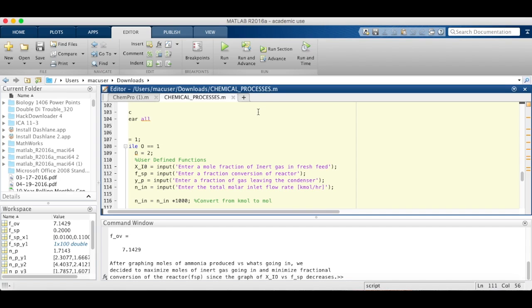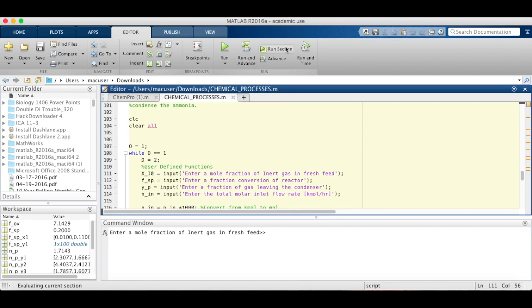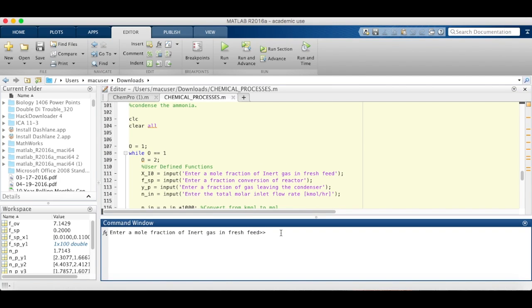And to run this while loop, it'll ask us to enter a mole fraction again, and I'll just enter the same numbers that I entered previously, except this time it'll just have a different number for the molar inlet, and it did say on the rubric for it to be less than 1, so I'll keep it